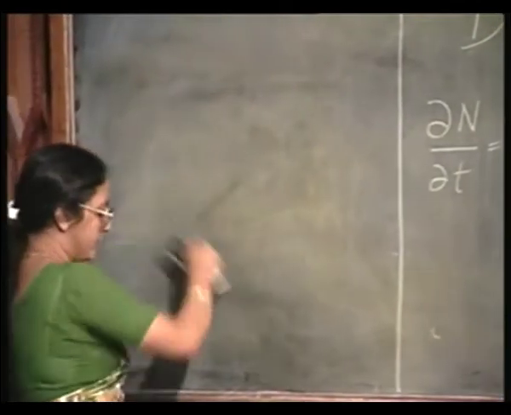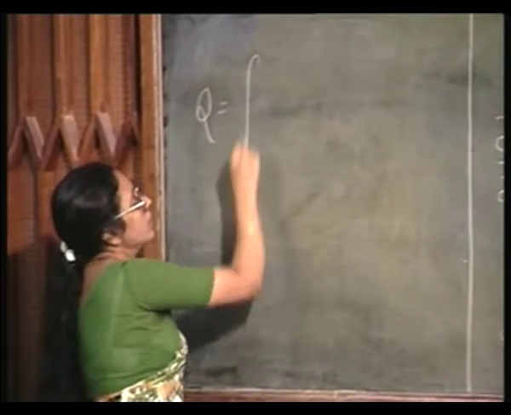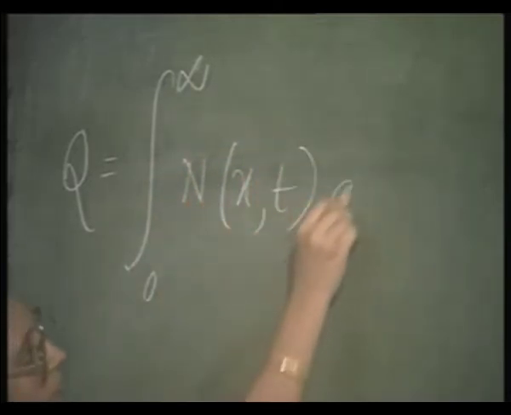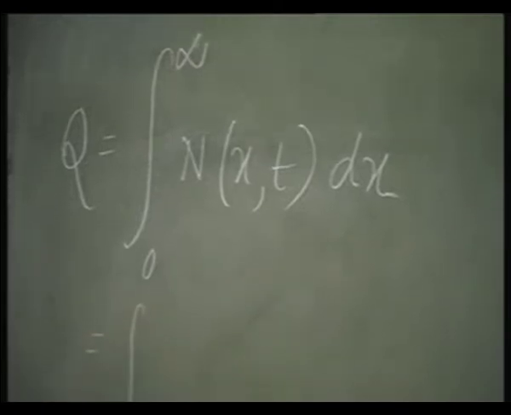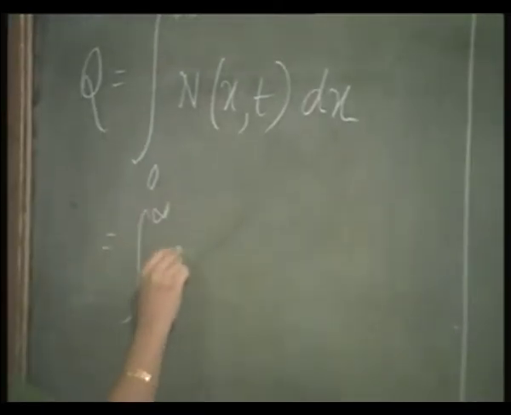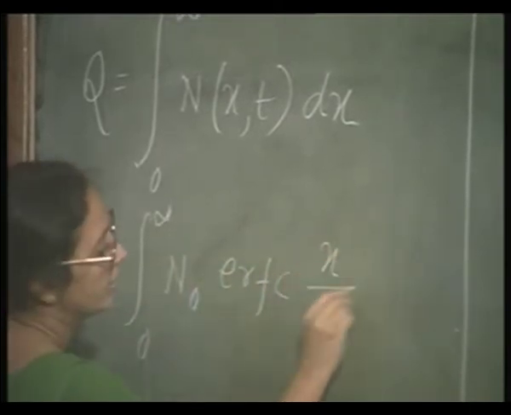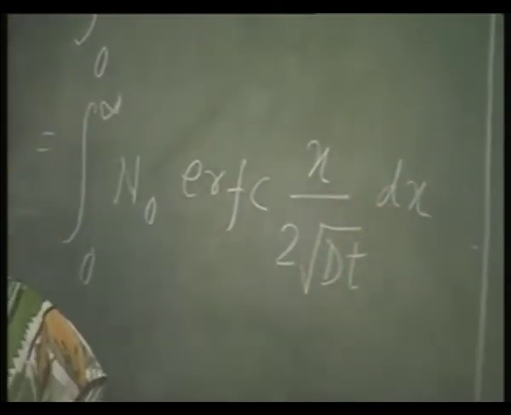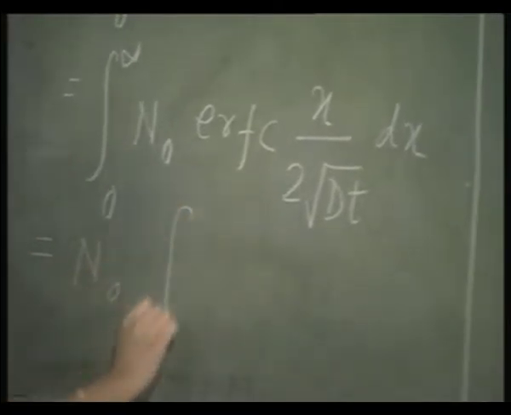If we do that, then we get Q is actually equal to the integral from 0 to infinity, or in other words I can write it as the integral from 0 to infinity of n0 times the complementary error function of x by 2 root Dt, dx, or I can write it as n0